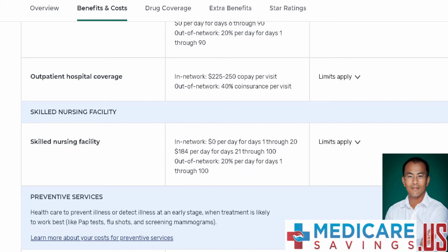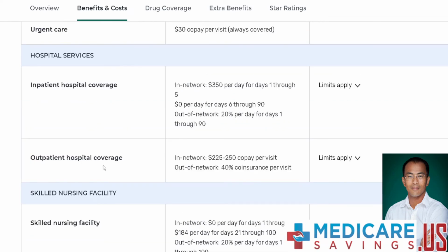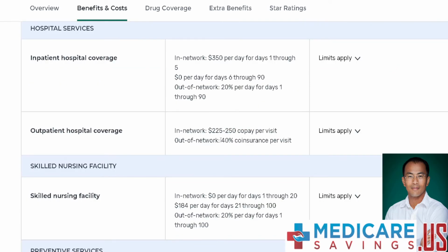As you can see, say you get a hospital bill, even if it's inpatient or outpatient, and it's, say, anywhere from $7, $10, $12, $15, $20,000. If you have to pay 60% of the coinsurance, that's a pretty big number. Okay, so that's something where you'd want to look into, say, an affordable hospital indemnity plan on top of this